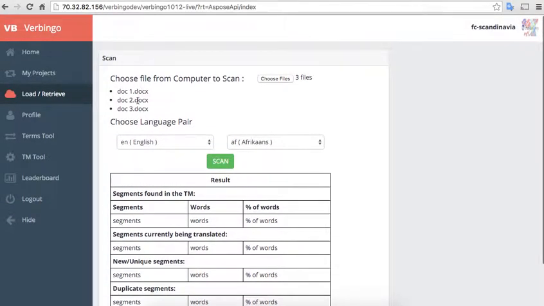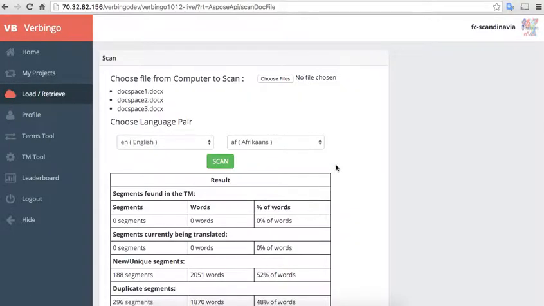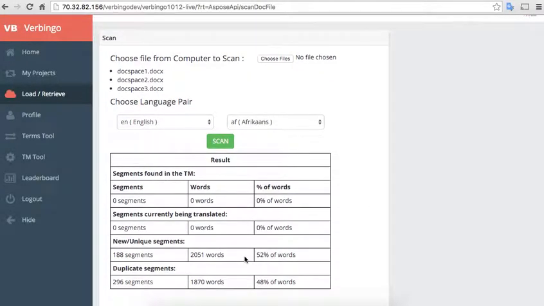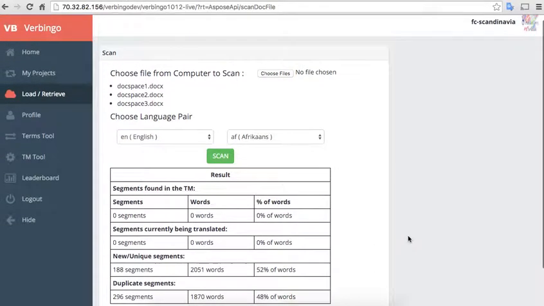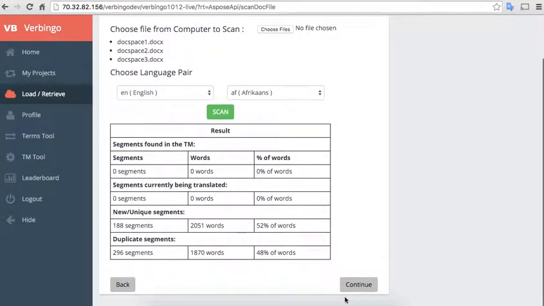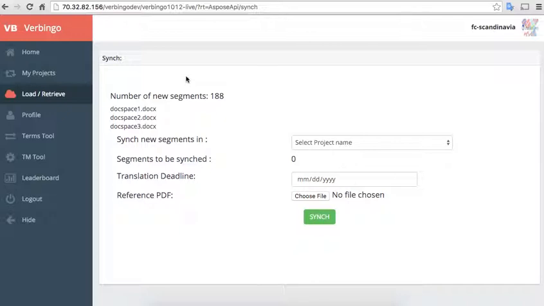But once you know that your documents are good, you can load them in all at once if you'd like. The scan will show you, in this case, look at the results. 52% is all I need to translate, and I would save 48% because of the matching in these 3 documents. So that's important for you as a user to get right and make sure your segmentation is working. Once you get the numbers that you want here, you hit continue,